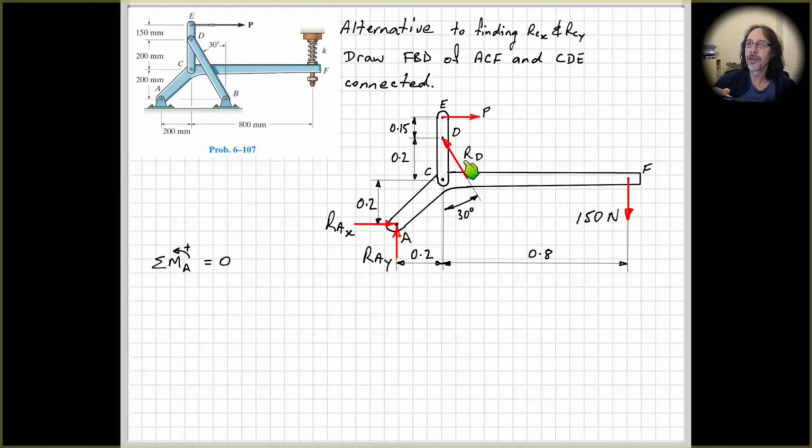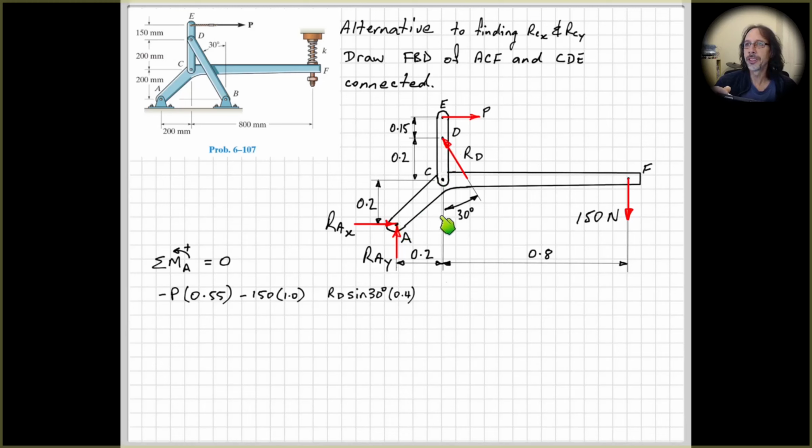So now, if we take moments about point A, hopefully you can again see that we're going to get an equation that relates RD and P. So doing that, we have P times 0.55. We've seen that before. Going clockwise, so negative. Then we have the 150 Newton force out here about point A times 1, that's negative also. And then we have the components of our force RD here. So this time we'll need both the vertical and the horizontal components of the force,